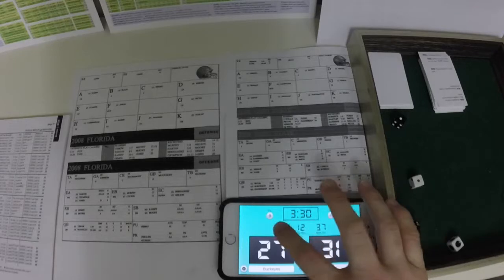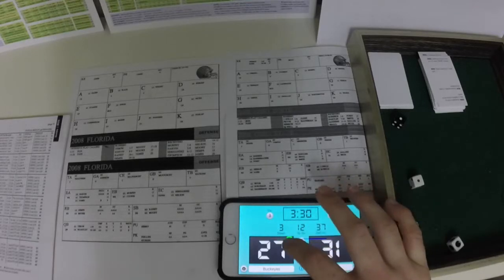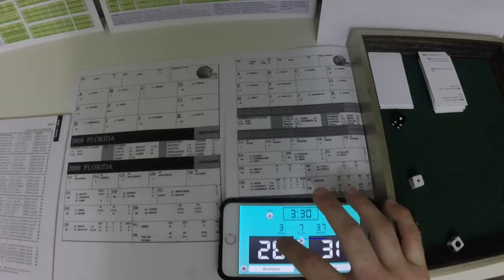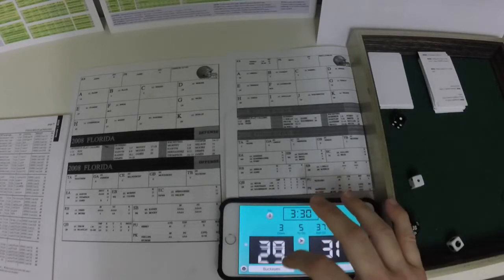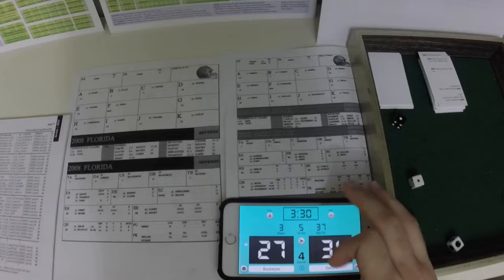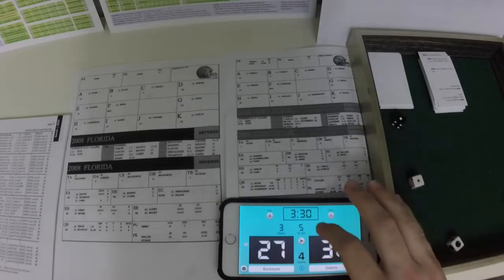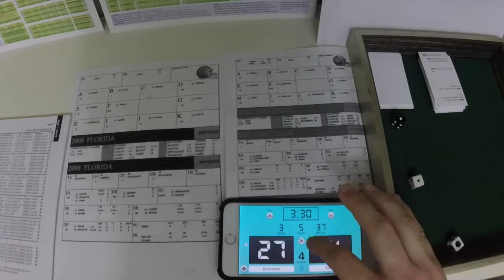So 2nd down, so it's going to be 3rd down. And after that play, it's going to be 3rd down and 5 there. And I got to mark that. Oop, come on, down, right? 3rd and 7. Yeah, there you go. So 3rd down and 5. That was a 7-yard gain. So on the